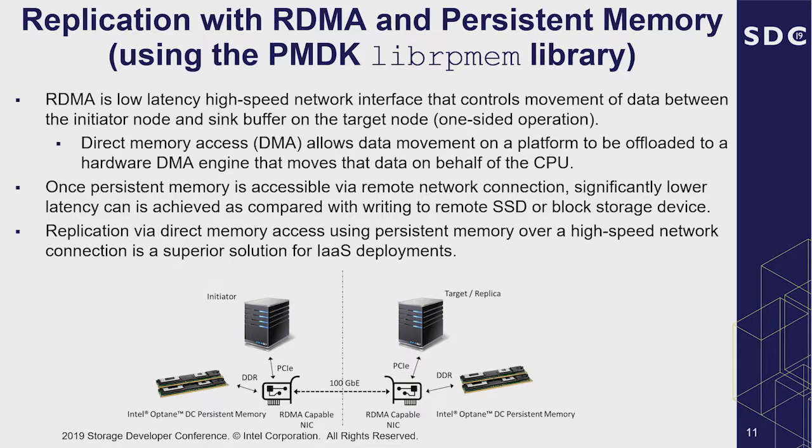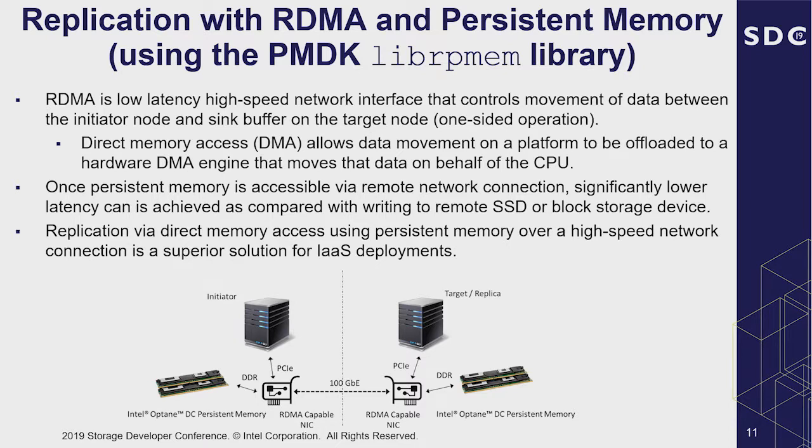Okay, we ran the same test using replication over RDMA and persistent memory using the PMDK librpmem library. And really, RDMA is a low latency, high-speed network interface that controls the movement from the initiator to the target nodes. And it's really a one-sided operation when you're doing this using PMDK. So the direct memory access is really moving the data from your initiator node to the target node without involving